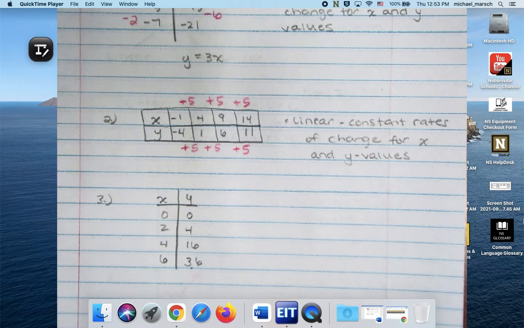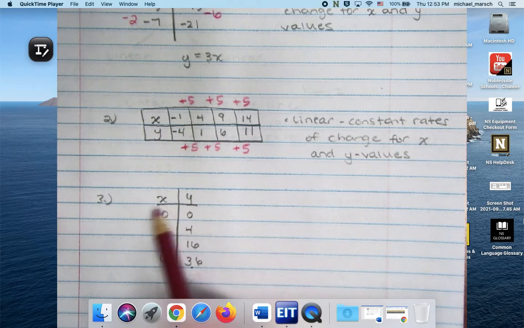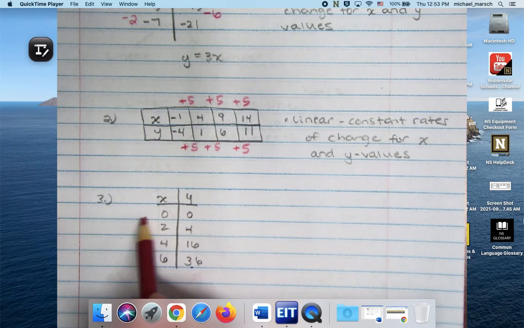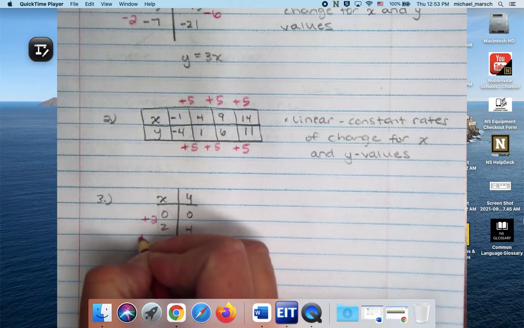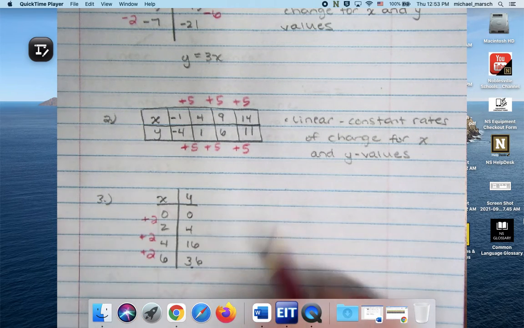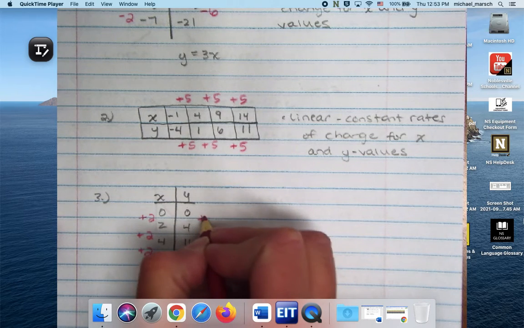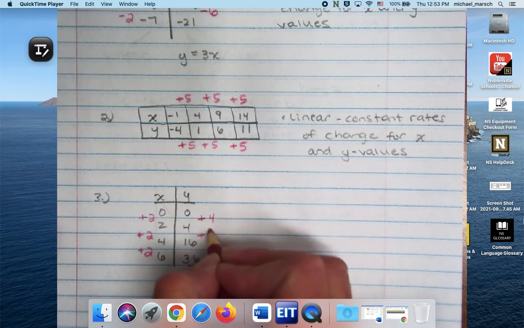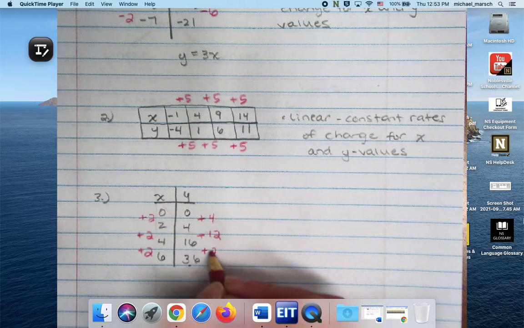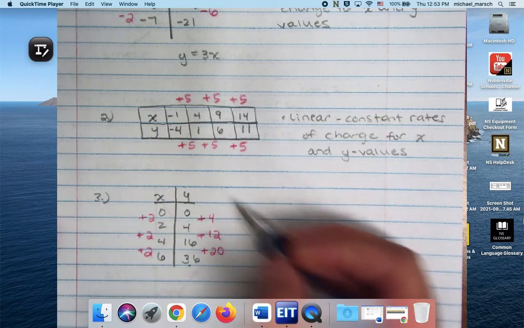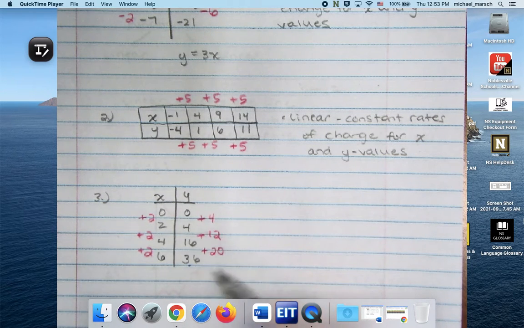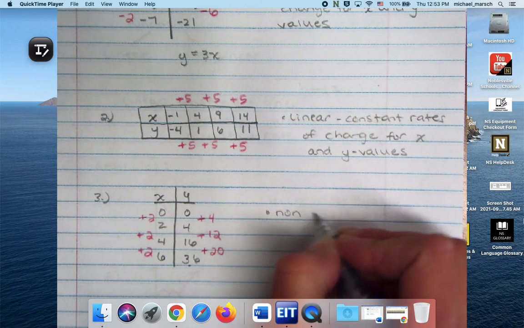Okay, so what is my rate of change for my x's? What's happening here? Plus 2 for all of them. How about my y's? What's happening here? 4, 6, 8. Add 4, but then I add 12. So the one on the right is not linear, which means the whole thing is not linear. This is not a constant rate of change, so that makes it nonlinear. So both of them then become